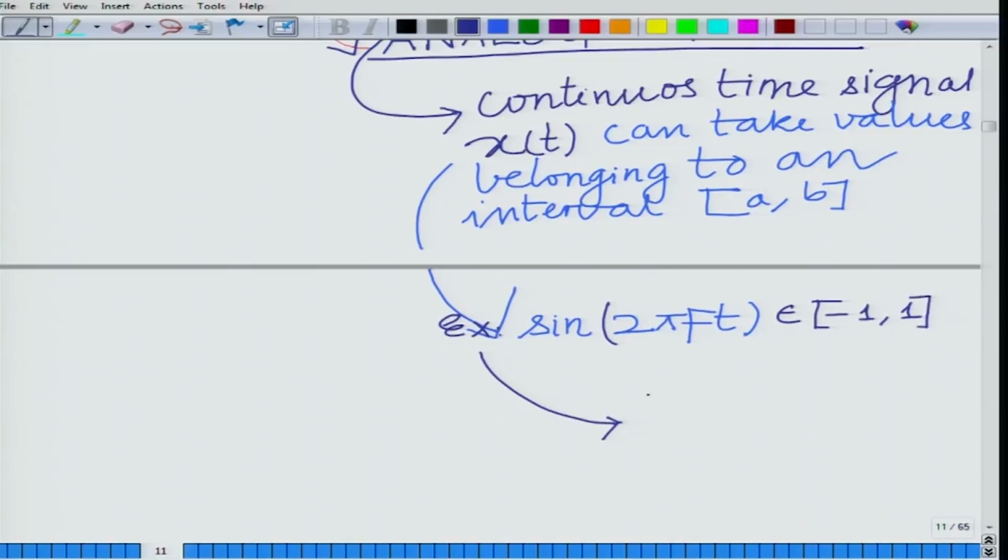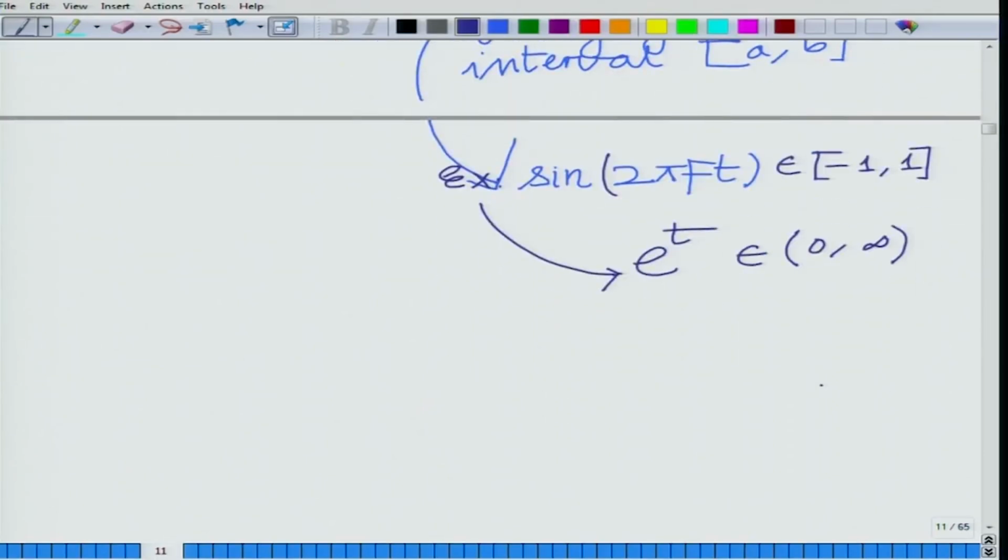And another such example is e to the power of t, which can take all positive values. So basically from t equal to minus infinity to infinity, this can take all values basically from 0 to infinity. Of course, as t tends to minus infinity, this tends to 0,